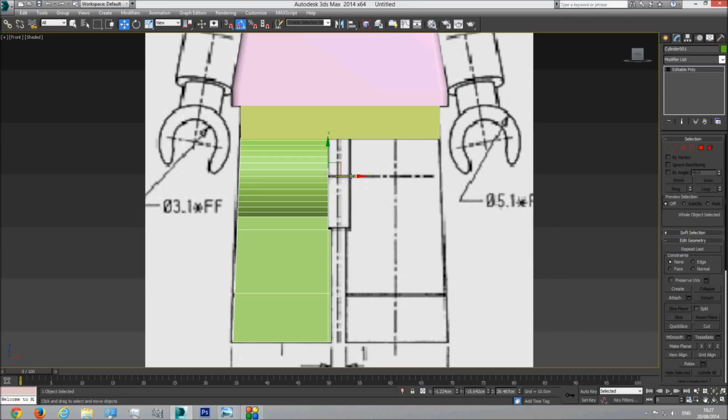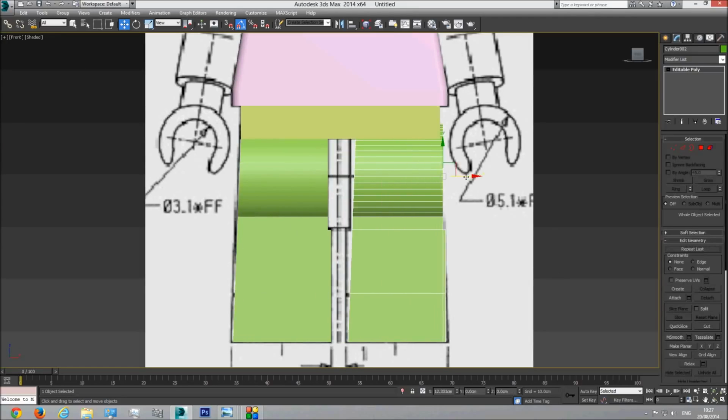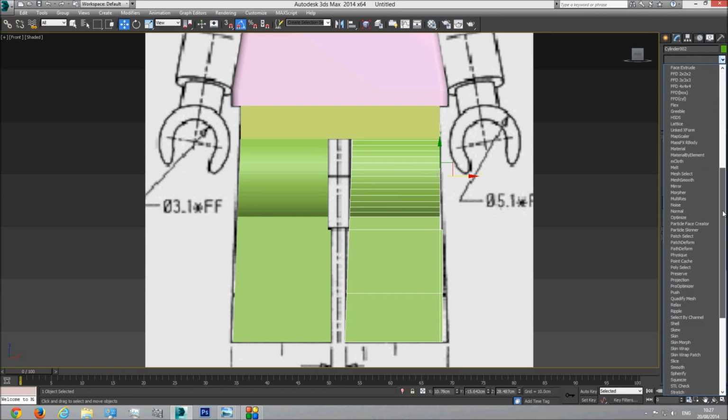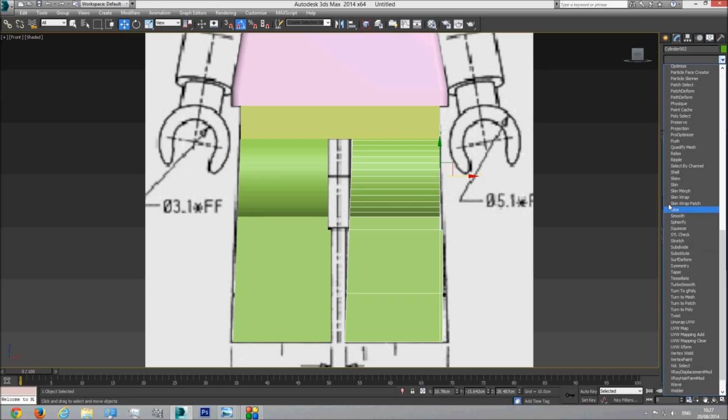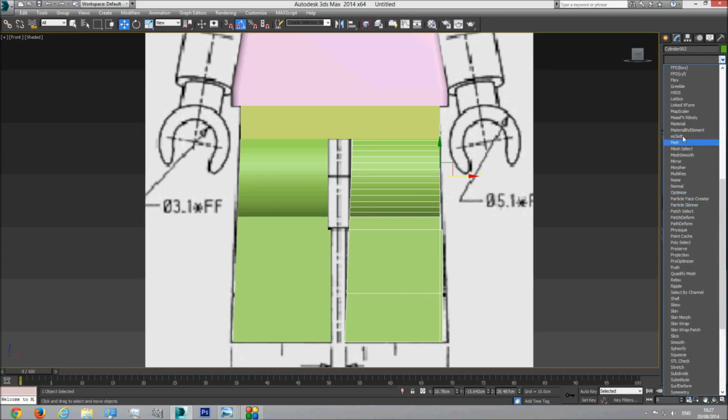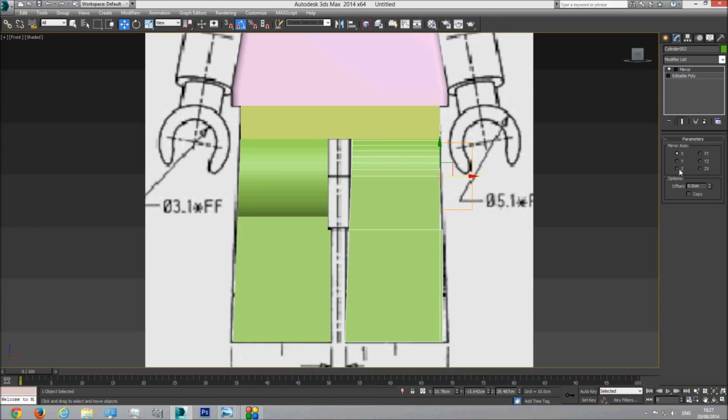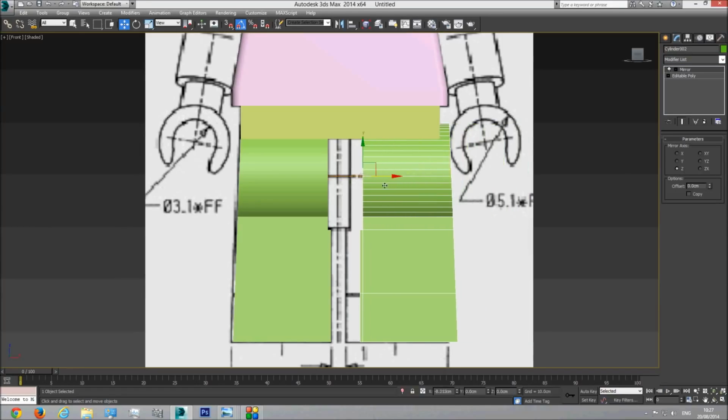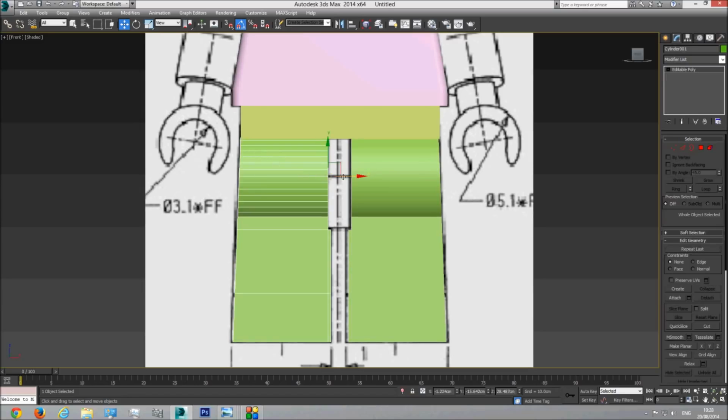I'm going to go to the front viewport and shift drag this form to the other leg. Now it needs to mirror because it needs to go to the other side. This side needs to be on this side. So I'm going to use the mirror modifier on it. Where are you? Here you are. Mirror on the z-axis. So now as you can see, our form is mirrored, and this is great. It's not exactly aligned, but that's fine. It needs to be aligned here and here. Maybe we'll take this a little bit inside like this. Alright,